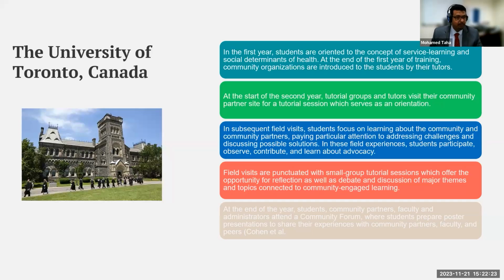At the University of Toronto in Canada, in the first year, students are oriented to the concept of service learning and social determinants of health. Service learning is related to considering the reciprocal relationship between the educational institute and the community. And students provide services to the community under supervision while they are doing their learning